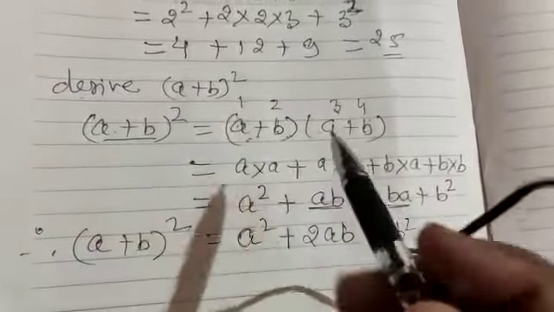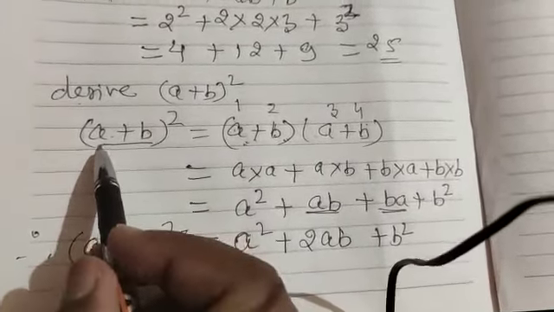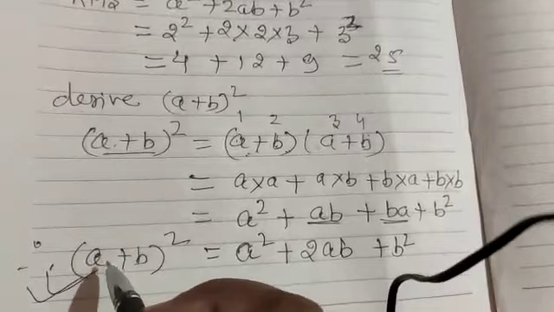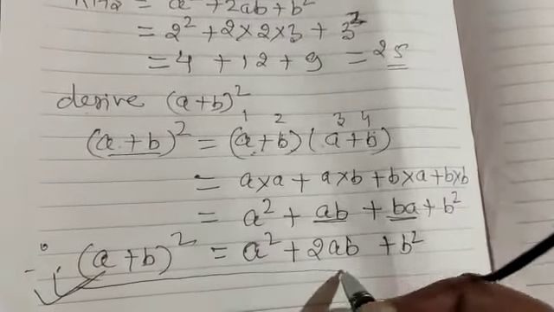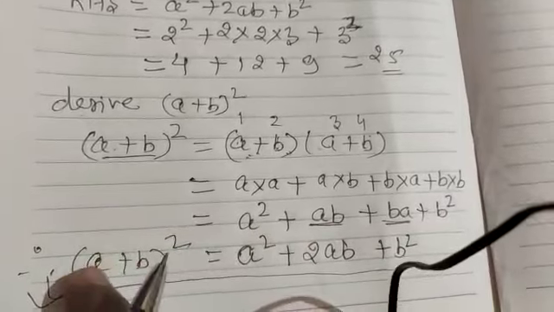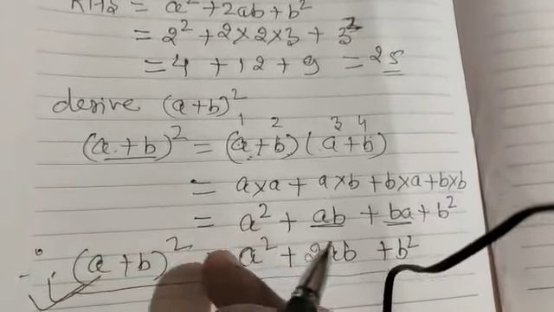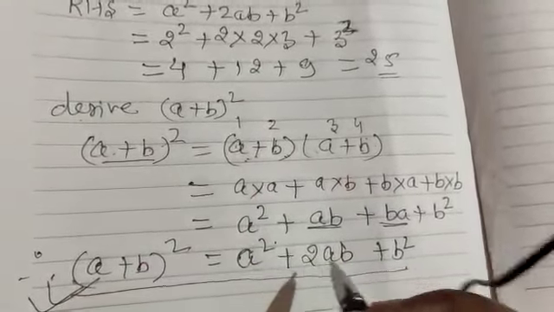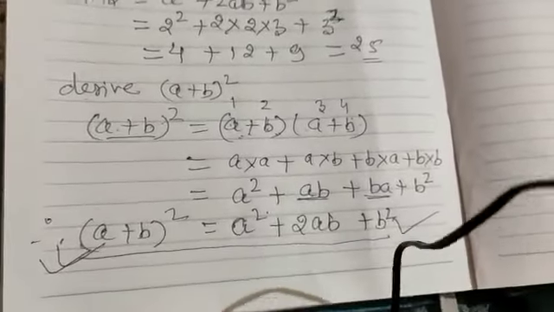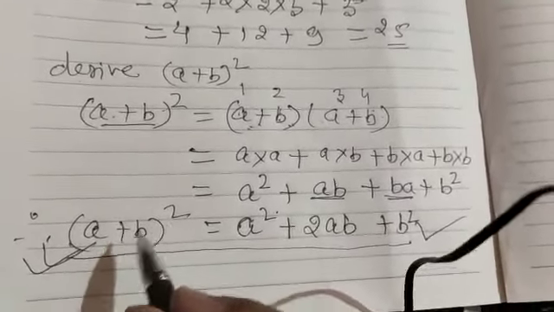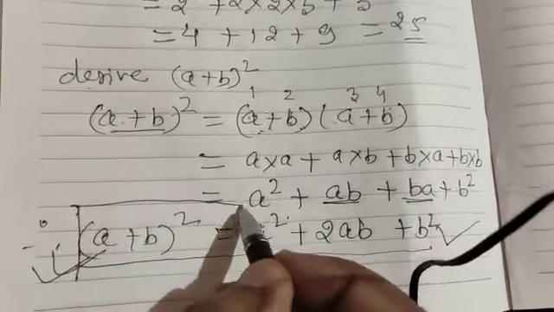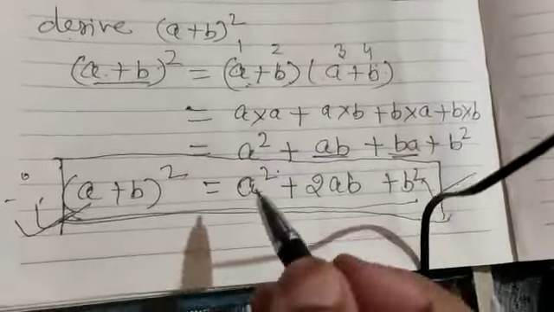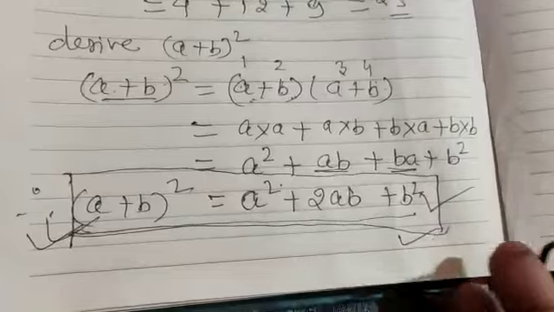So what we have discussed here is that we derived a formula, an algebraic identity. Therefore you can directly use this formula to find the square of such type of expression. You need not multiply every time in 3 steps. In just one step you use this formula to find your solution. And you remember this one, because on the basis of this expression we will solve some questions.